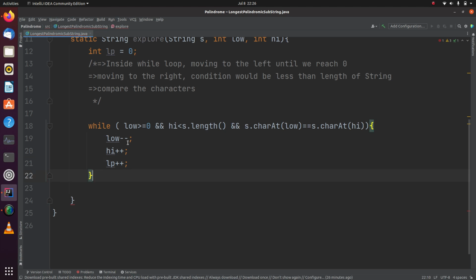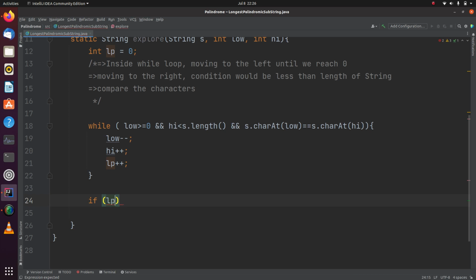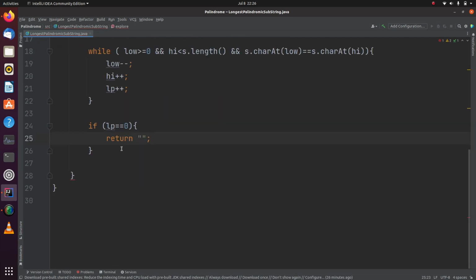Once this loop completes, there will be an lp, the length of the palindromic string that is generated, and based on that we will decide the return statement. The very first thing: if lp is equivalent to 0, that is, the length of the palindromic string is 0, then we can return a null string. You can declare a string and mark it null as well and then return. Otherwise, in the else part,